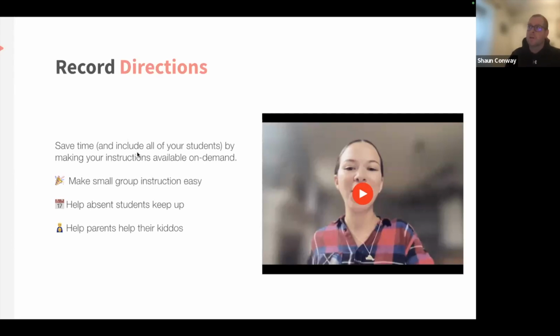So can recording directions and then having students go into their groups and click play, while you're already there and prepped, save time and make it easier? Yes, it can. Additionally, if you're recording them on the front end, you can instantly share those with absent students. What did I miss today? That has already been answered because you made a video for that proactively. And lastly, as I mentioned before, this is a really solid way in which parents can help students at home if you have these videos readily available.